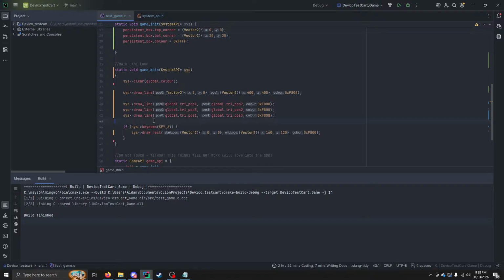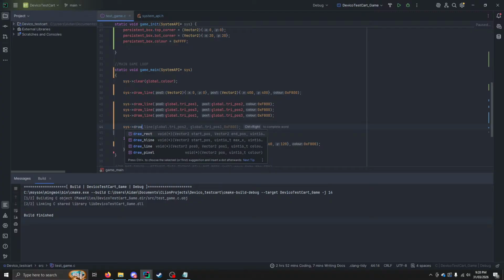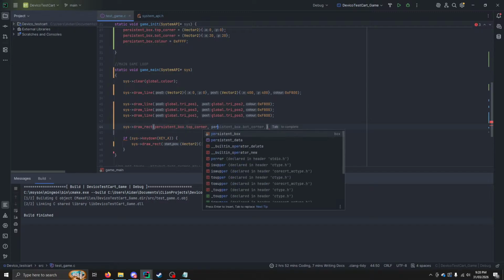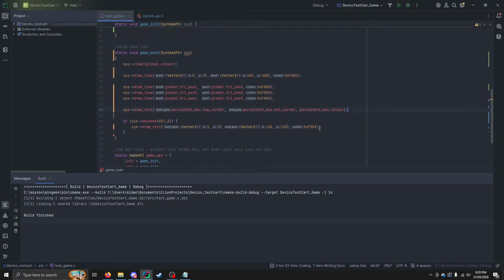Now, every frame, I want the system to draw a rectangle: persistent box dot top corner, persistent box dot bottom corner. Okay, and now if I don't know that if a, oh no, not an if, key